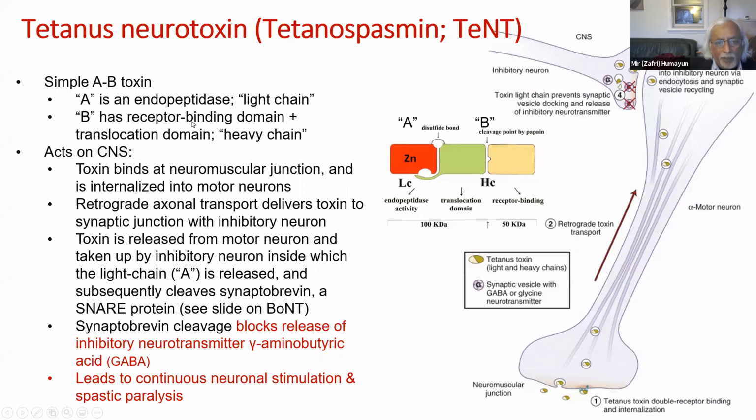The B is the receptor binding domain. It also has a translocase domain. It is shown diagrammatically here. The A subunit is a zinc-dependent protease, and the B subunit, which in turn consists of a binding domain and a translocase domain. So this is a classic AB toxin. So where does the tetanus neurotoxin act? Obviously, it acts on the central nervous system, but where exactly does it act? It turns out that the toxin binds to